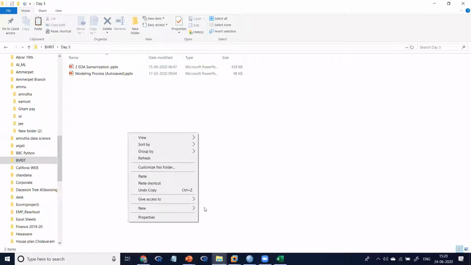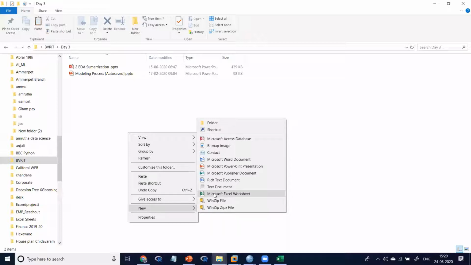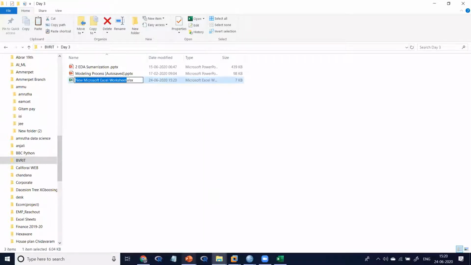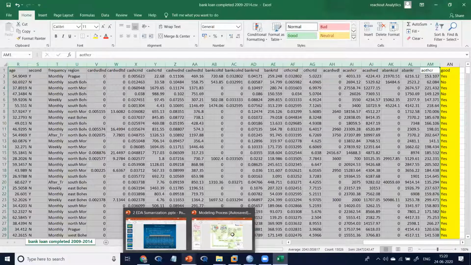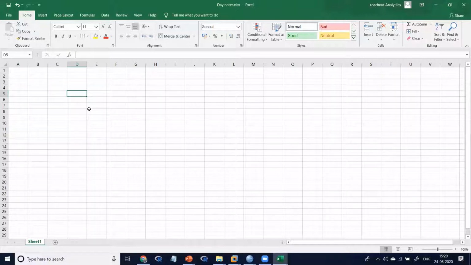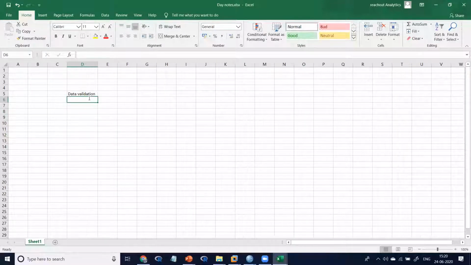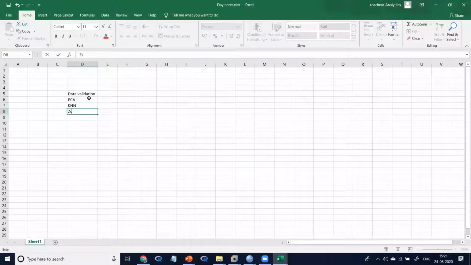So what is normalization? What are the standardization techniques? There are some crucial techniques. Day 3 notes. For every modeling, before modeling, you have to do data validation. PCA, one validation technique. KNN, one validation technique.